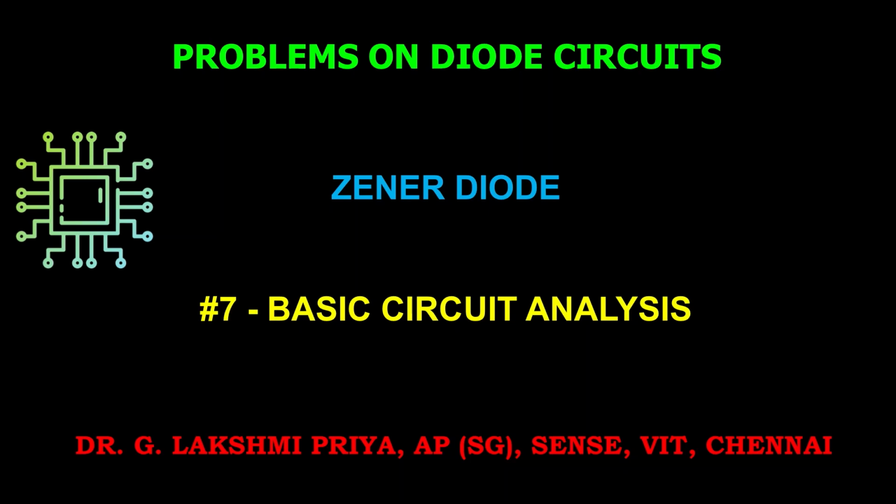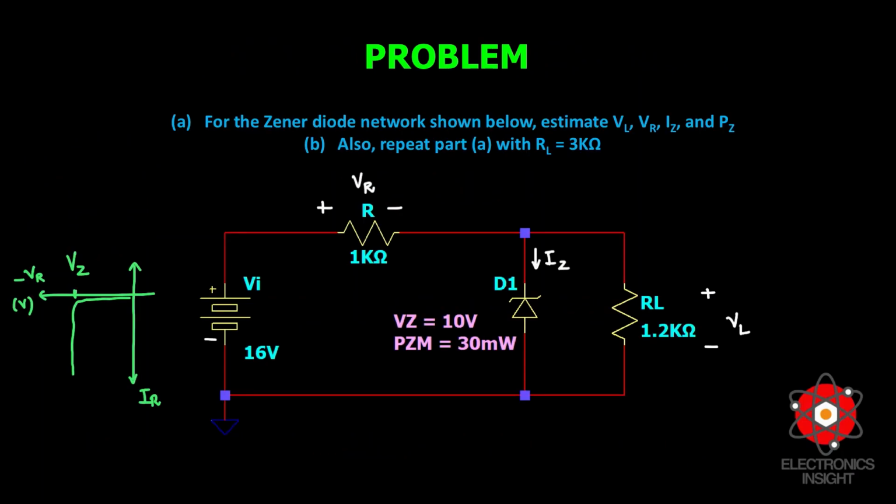To solve problems that are related to Zener diode and Zener voltage regulator. Before we begin the discussion of the problem statement, let me give a brief introduction about what is this Zener diode. When a PN junction diode is reverse biased, the current through the junction will be very small. So actually it will stop here. However, if the magnitude of the reverse bias reaches a certain critical value, avalanche breakdown can happen and a large current may occur, but that will definitely destroy the diode.